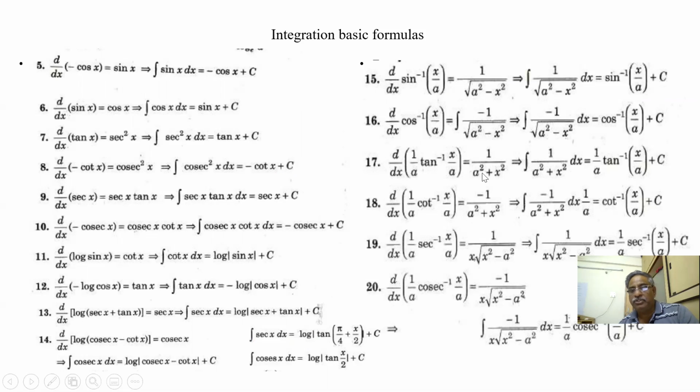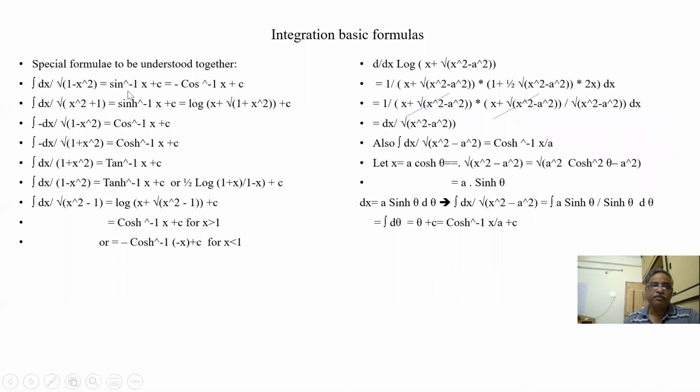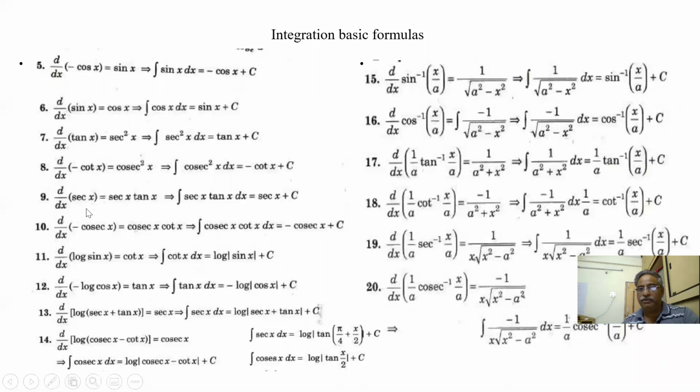X square plus 1 is under root, so this is not root. X square minus 1, this is all root, but this is not a square minus a square, it is not x square minus a square. So it is not tallying with the fundamental first 6 formulas. So in that case, we use dx by square root of x square plus 1 or dx by square root of x square minus 1. Otherwise, if you see from the shortcut,